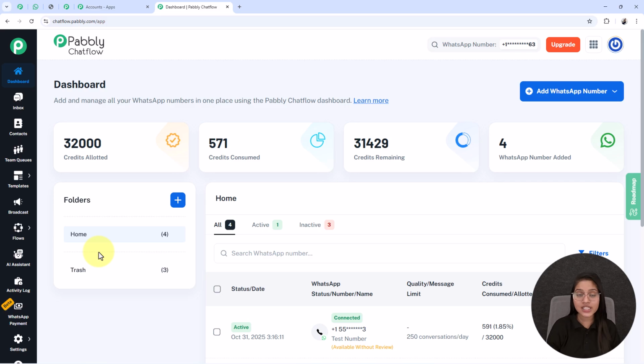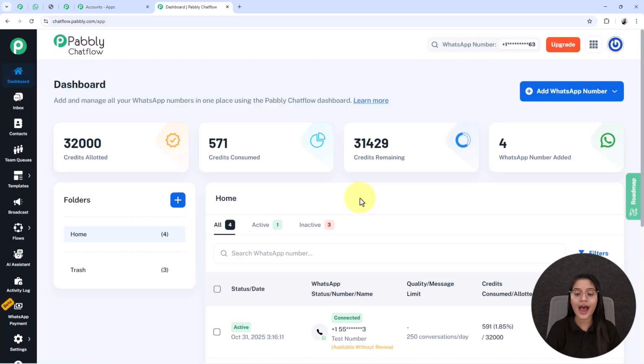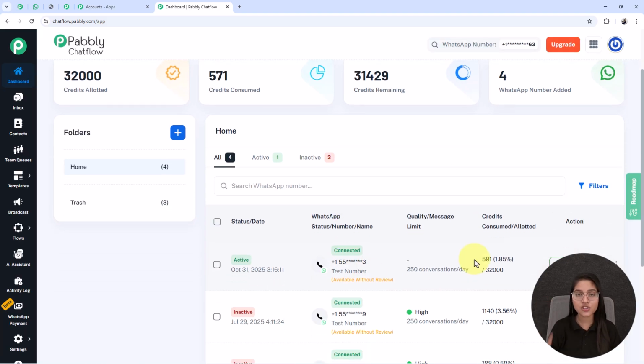And in this folder section, you can create multiple folders in your Pabbly Chatflow account by clicking on this plus option, where you have to enter the folder name in this field and also select the parent folder from here. And in this home section, you can see the status of your WhatsApp number that was added in your Pabbly